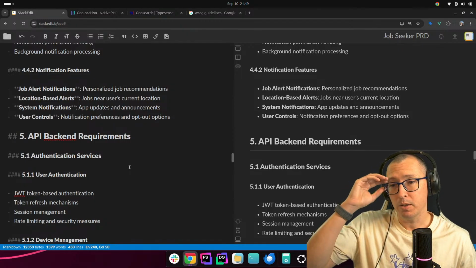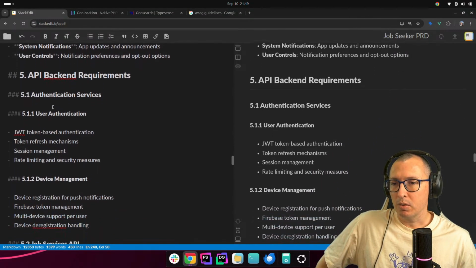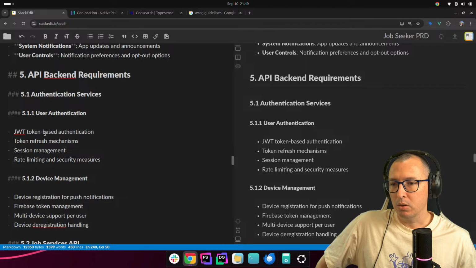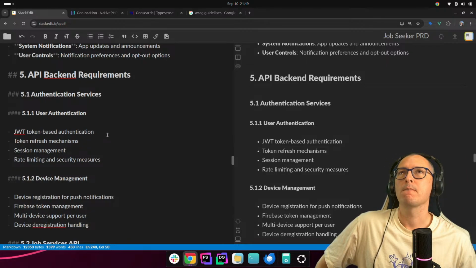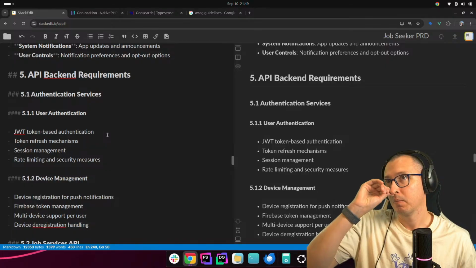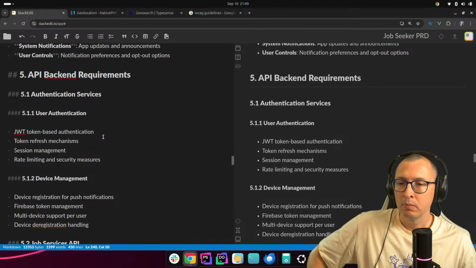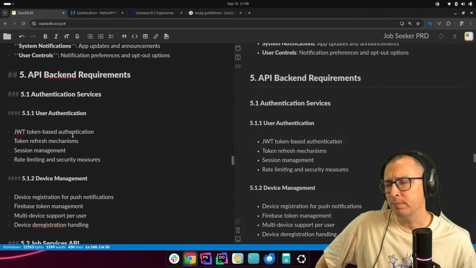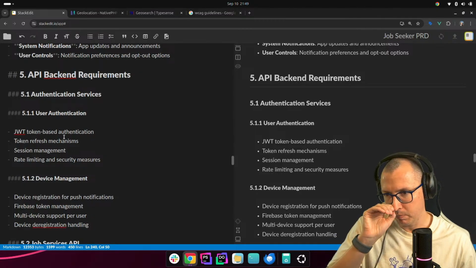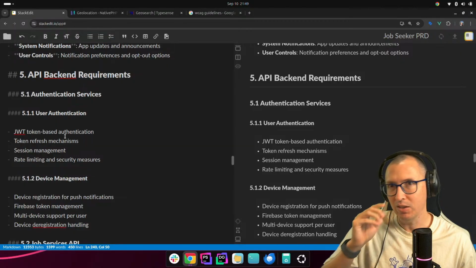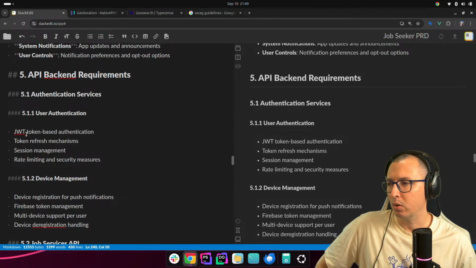API backend requirements: authentication services, JWT token-based authentication. Okay, we can handle that. Well, no, user management should be, we're gonna delegate user management to WorkOS.